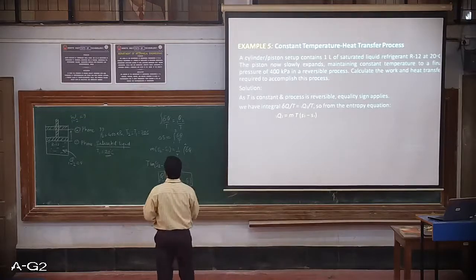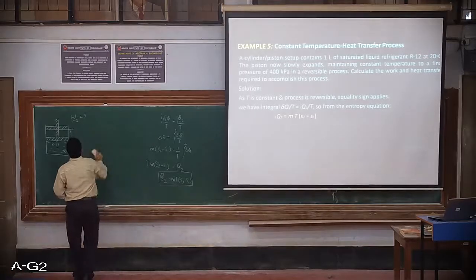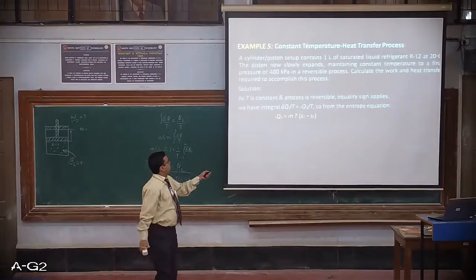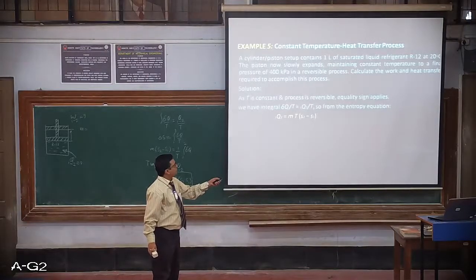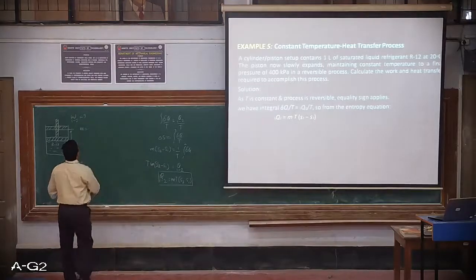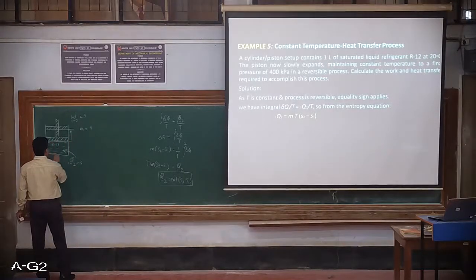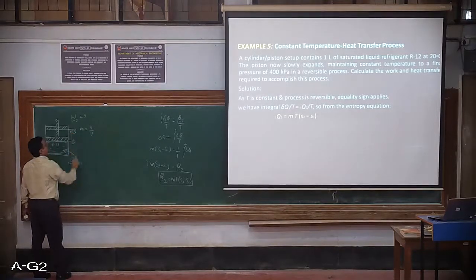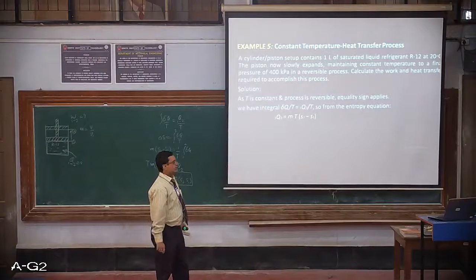Now we need to substitute the values. What are all given here that we need to look into? From this expression, what is the value of M? Mass is not mentioned here. What is mentioned is its volume. So volume and the given temperature T1 make the properties at state point 1. So mass can be obtained as the volume of the tank divided by the specific volume at state point 1. From these two properties we can find the value of mass.